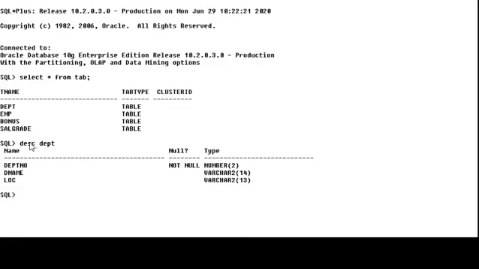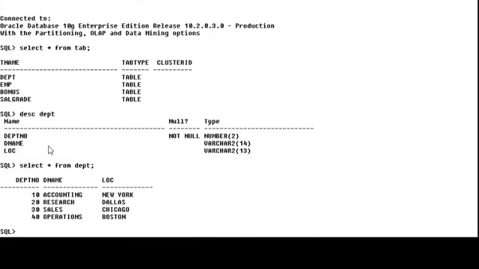This DESC DEPT always gives us the details of a particular table. Now if I want to check which data is stored in DEPT, so to retrieve data from the DEPT table, I have to use select star from DEPT, the table name, then semicolon.